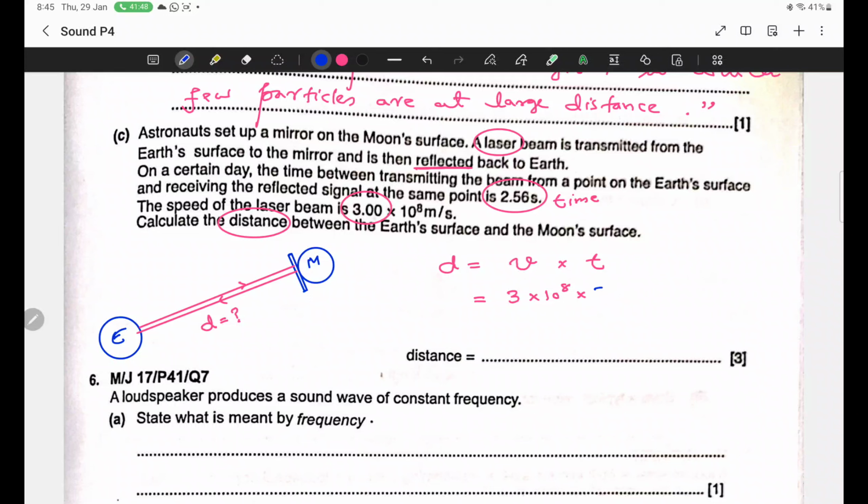Time, sir, time is 2.56. But the time is 2.56, speed is 3 exponent 8. Sir, what about distance? Sir, we will use 2D. Sir, why? Because